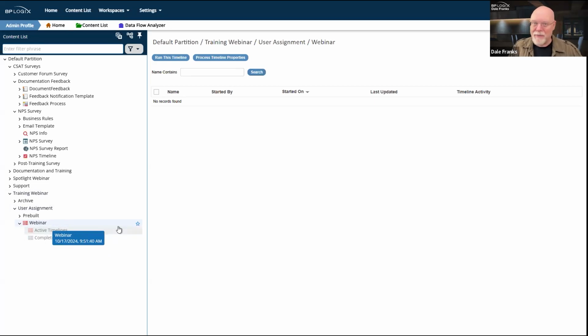If I've made a change to the task assignment, I can't just magically find the five timeline instances that are running in activity one and say restart all of these at once. There's no easy way of doing that.